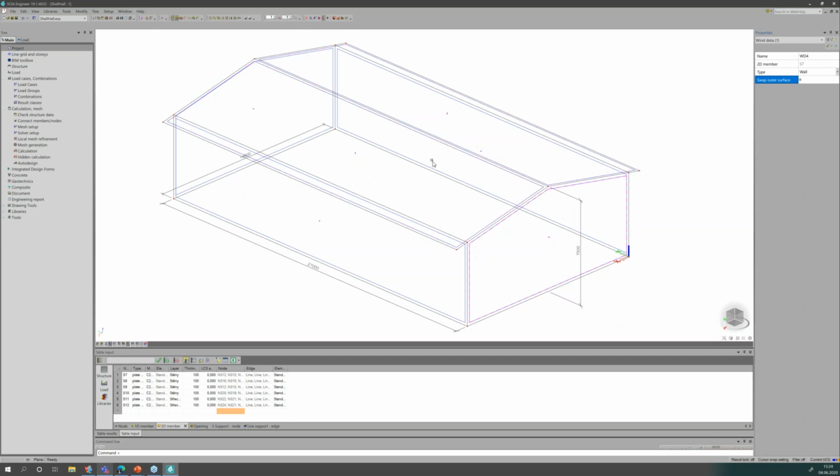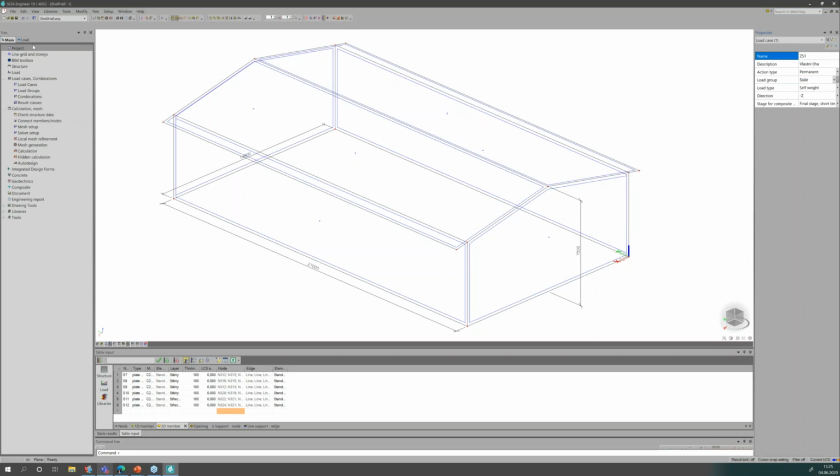So if I quickly check, then I need to do it also here. So just click on the arrow and swap the outer surface. Now I have my structure, which is, let's say, solid, and I can start with the same procedure